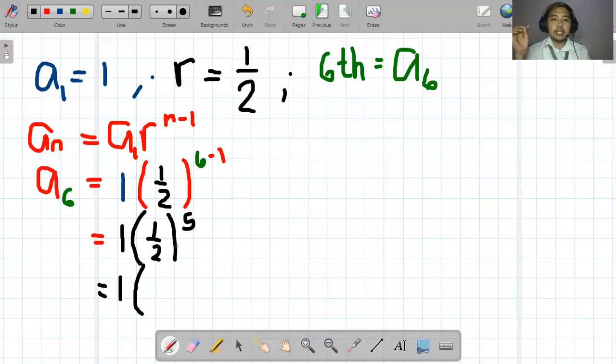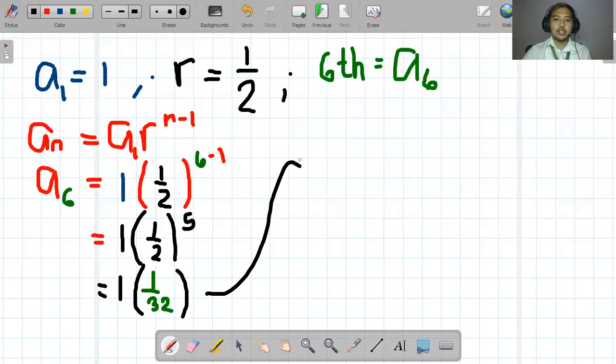That means that we have to raise the numerator to 5. We also have to raise the denominator to 5. So that's 1 raised to the power of 5, which is equal to 1. And then for the denominator, that's 2 times 2 times 2 times 2 times 2, which is equal to 2 times 2, 4 times 2, 8 times 2, 16 times 2, 32. So 2 raised to the power of 5 is equal to 32. And then we simplify because you still have 1 beside 1 over 32. But any number multiplied by 1 is equal to the number. So 1 times 1 over 32 is equal to 1 over 32.